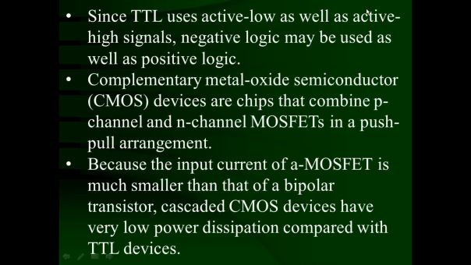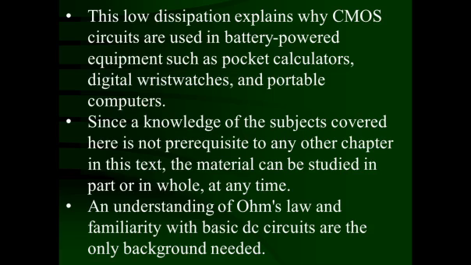Now, dear friends, complementary metal oxide semiconductor devices are chips that combine P-channel and N-channel MOSFETs in a push-pull arrangement. Because the input current of a MOSFET is much smaller than that of a bipolar junction transistor, cascaded CMOS devices have very low power dissipation compared with the TTL devices. This low dissipation explains why CMOS circuits are used in battery powered equipment such as pocket calculators, digital wristwatches and